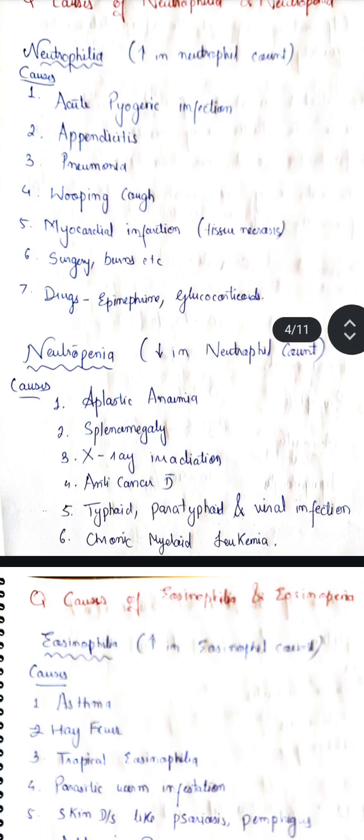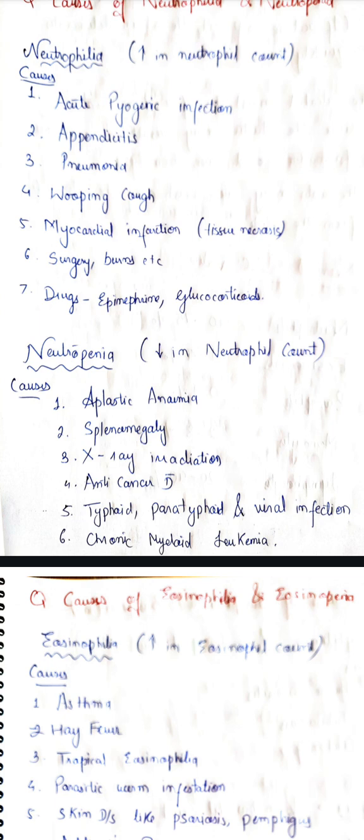Whenever a physician orders a CBC and you see the DLC value, if isolated neutrophilia, isolated lymphocytosis, neutropenia or lymphopenia is seen, how can you draw a conclusion out of it? So first, neutrophilia. Neutrophilia is what? It is an increase in the neutrophil count, that is more than your 40 to 75%.